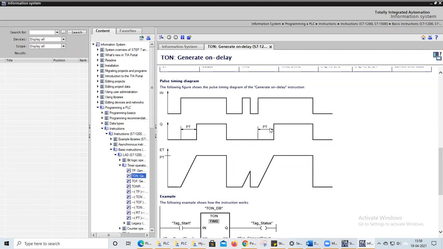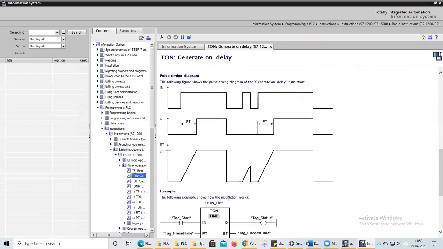After 10 seconds only, my output is visible. Before 10 seconds, if I do on and off, it won't work. It should have a continuous on cycle. Then only I can get output after a delay of 10 milliseconds.